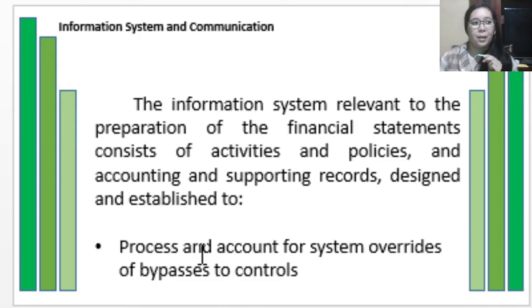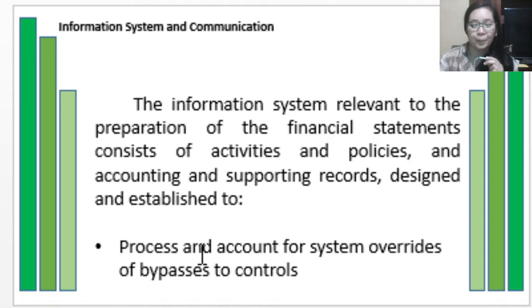Because there might be some instances where the person in charge of recording these transactions might override or influence the quality of reporting of the entity to benefit his or her own interest. This should not happen. That's why internal controls should be established, as well as authorization and administrative controls, set up